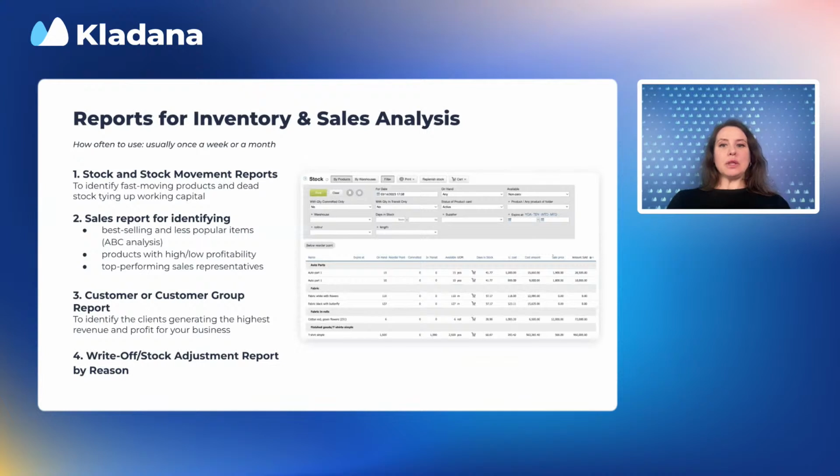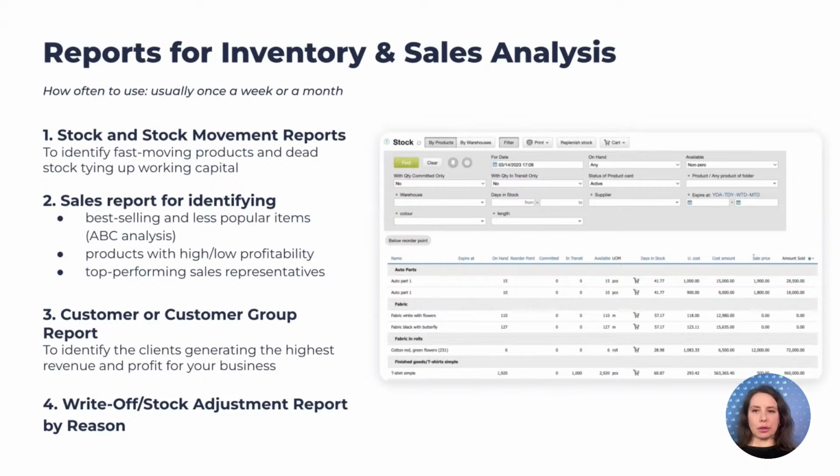Now let's talk about analytical reports and how to use them. Again, they can be different for different businesses, and usually they are used not so frequently, like weekly or sometimes monthly. What are they? The first one is the stock and stock movement report. They are used to optimize inventory. They help to determine what to purchase,